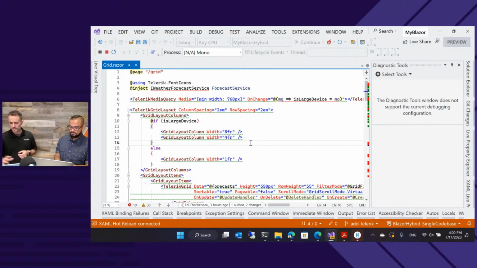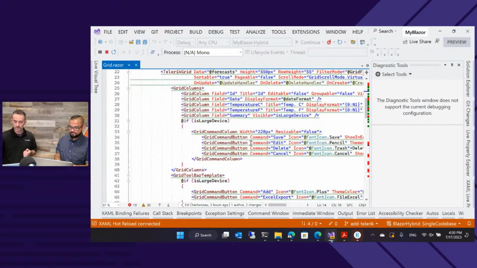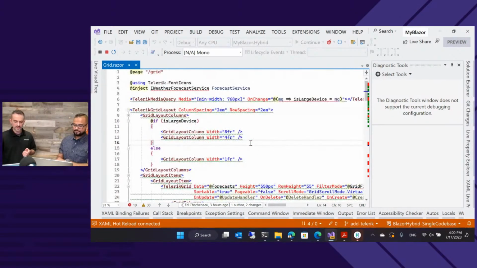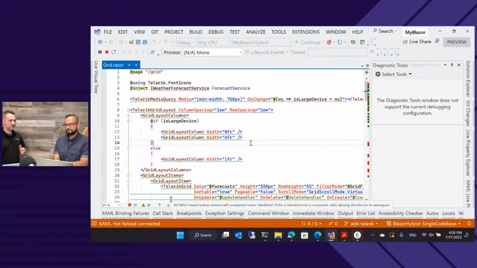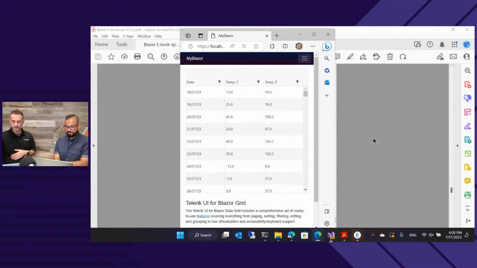I don't know what the squigglies are doing. Everything runs. It's just Visual Studio being Visual Studio, I guess. But yeah, everything's inside of that grid layout. So there's no CSS and stuff here. You just put the component in, drop your components inside of it, and set your parameters. It looks kind of similar to XAML. This is how we do it. Yeah, XAML as well. So there's that.